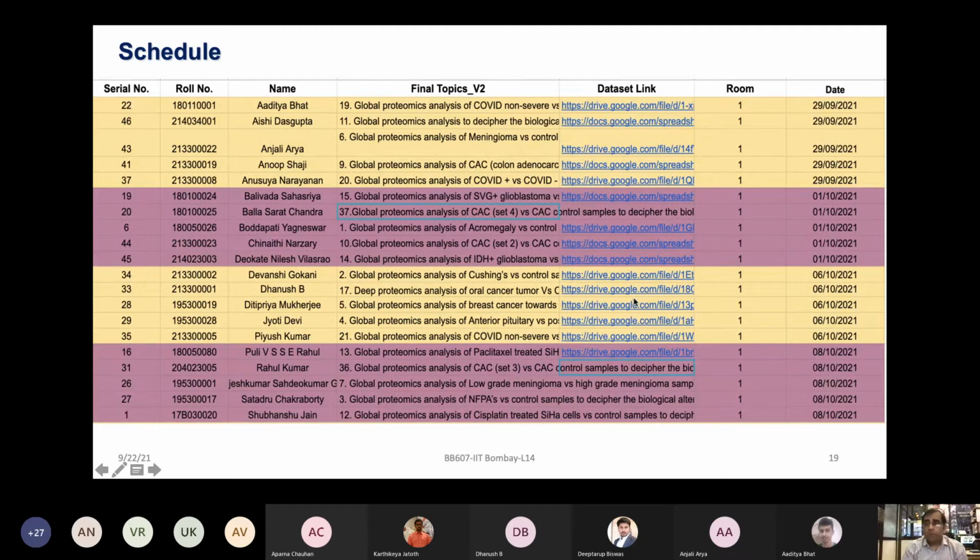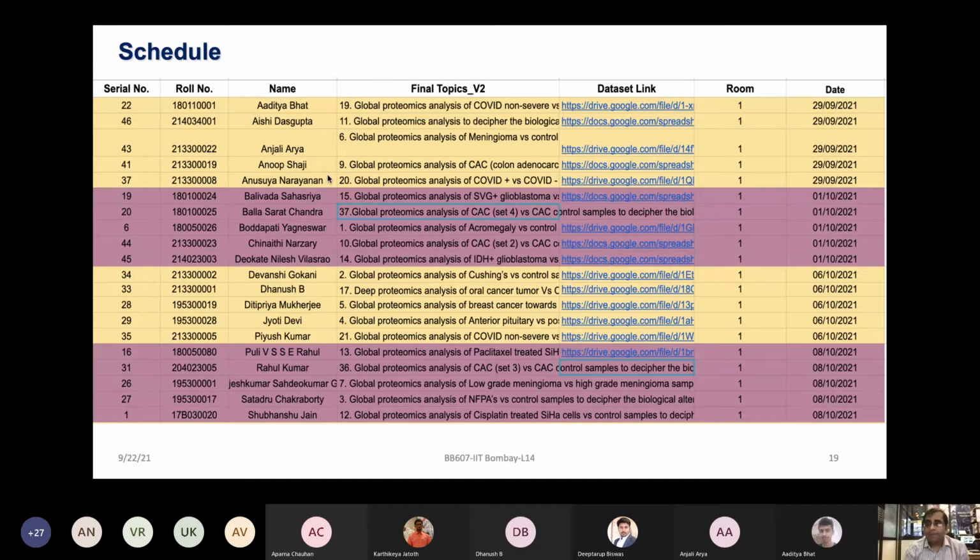Just to make it very clear, because timing will be short, today and the next class, both of these classes, we are going to work with you and help you do the data analysis for your projects. We have already given the schedule for the presentations as well. That was purely based on your names and the alphabet, which we have chosen. Initially we are going with the biology projects, and then we will be moving towards the computational projects. In this slide, 5 of these students, please start getting ready more actively.